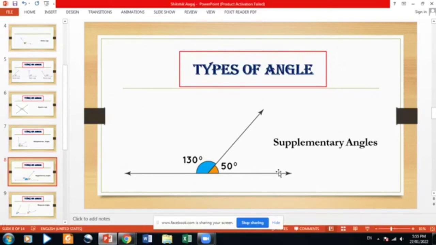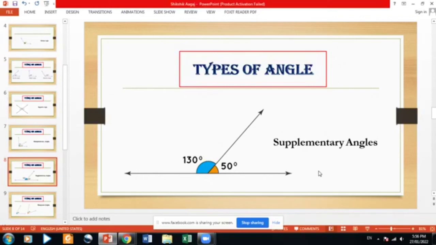See, if one angle is 140 degree, what will be the pair of it being the supplementary angle? Automatically it will be 40 degree. If one angle is 125 degree, then the other will be 55 degree, because the sum should be 180 degree. So, it is very easy, but we should know what the supplementary angles are. So, remember, if the sum of the measurement of two angles is 180 degree, they are known as supplementary angles,